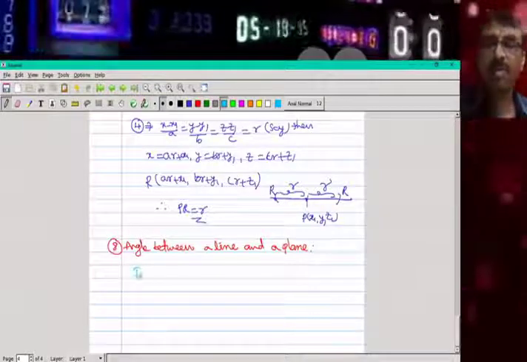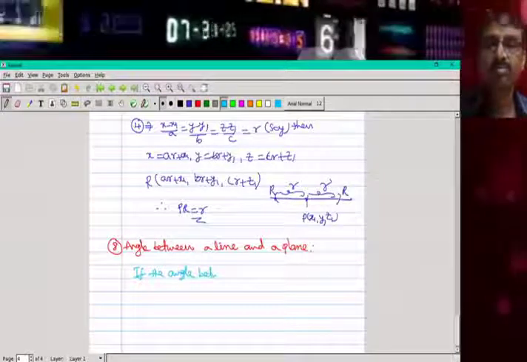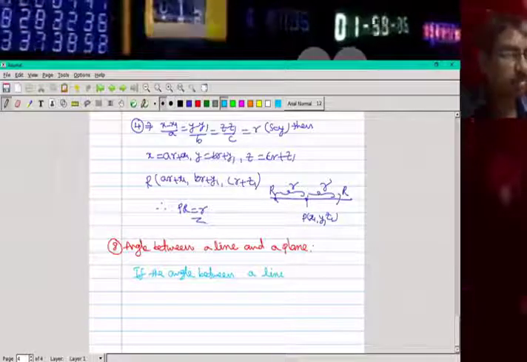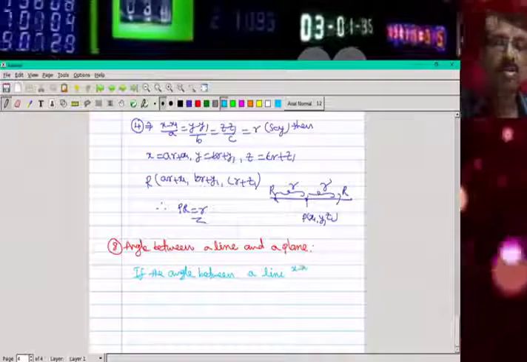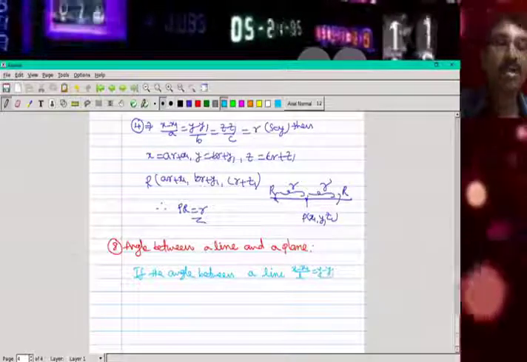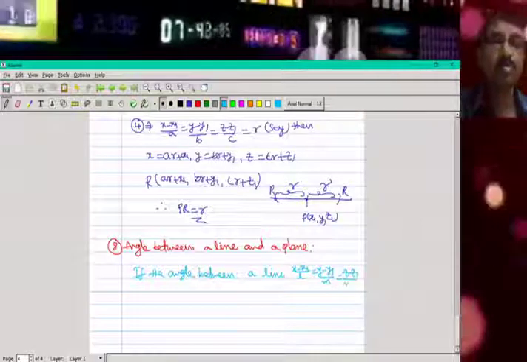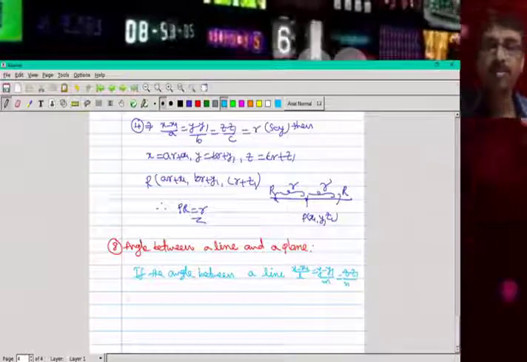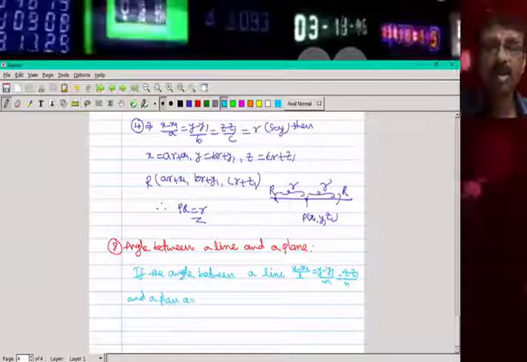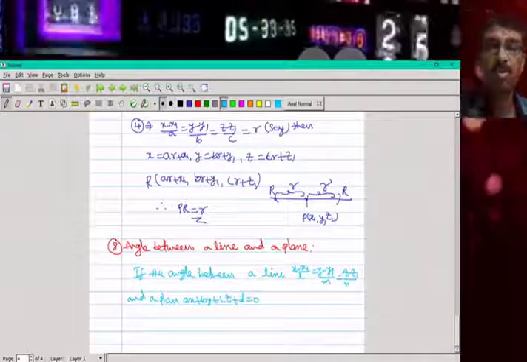If the angle is between a line, the equation of the line taken in symmetrical form, x minus x1 by l, y minus y1 by m and z minus z1 by n, as said before, and a plane taken in general form ax plus by plus cz plus d equals 0, then